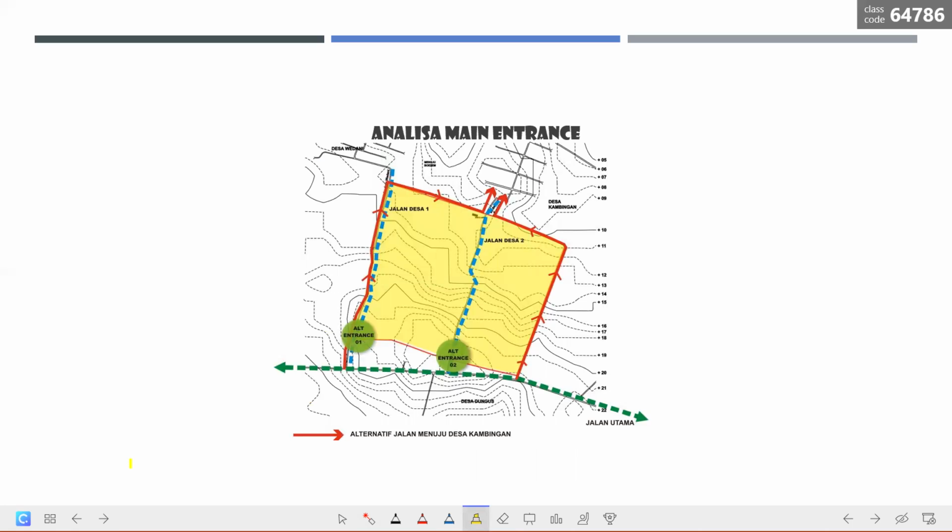And from that matrix, you can come up with something similar to this. The blue lines represent the primary access, the primary circulatory networks, whereas the red lines represent alternative routes. Alternative routes